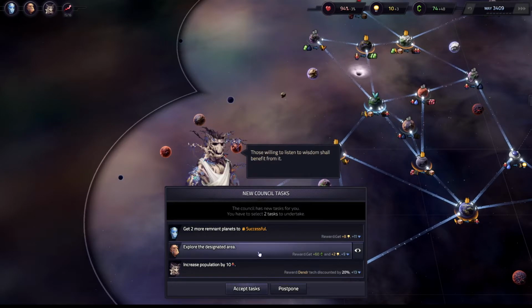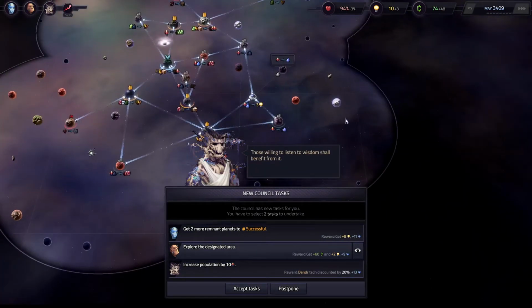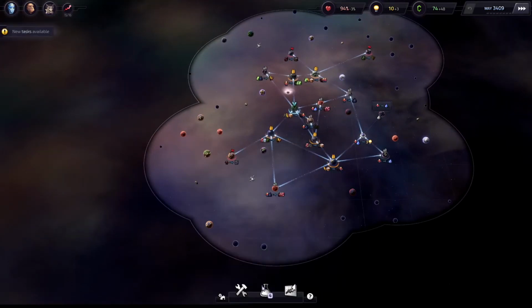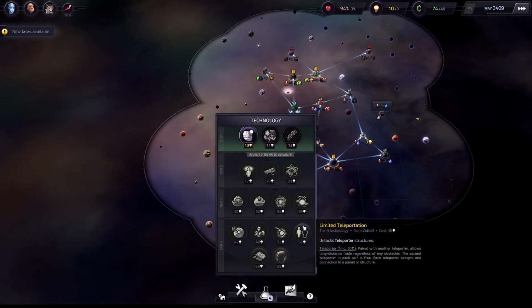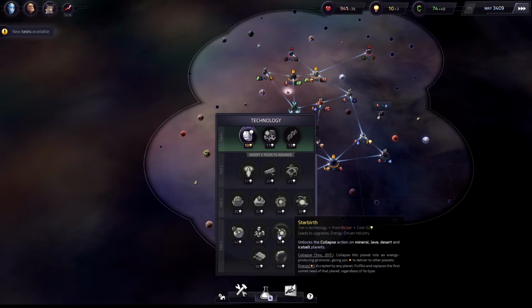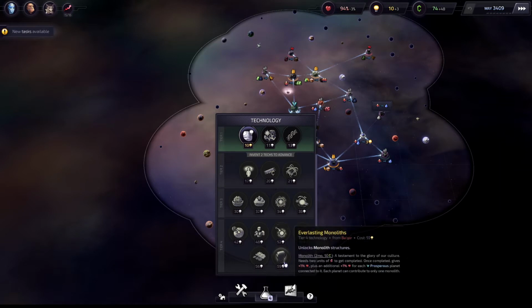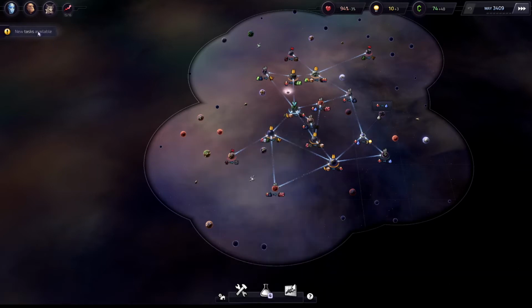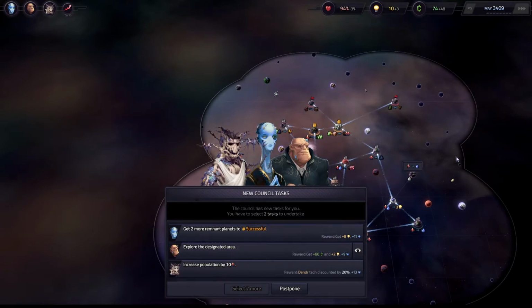I think we'll do these two though, because exploring that far away is usually not what I want to do. If we expand our empire in a very long, snaky way like this, then it might be very hard in the late game to utilize things like teleporters, or slipstream relay, or even something like Starbirth or everlasting monoliths. Because the monoliths would love to be in the middle of an empire, but if your empire is very long and snake-like, it'll be very hard to connect it to planets that are far away. And the same goes for really any resource you want to move from anywhere to anywhere. You kind of would like a compact sort of empire, like a...